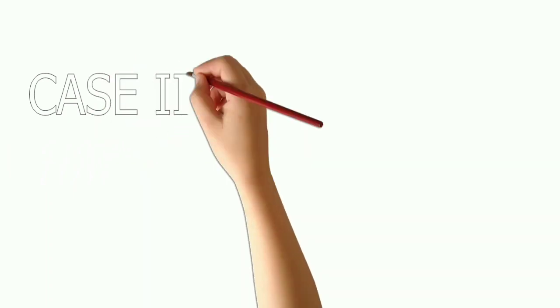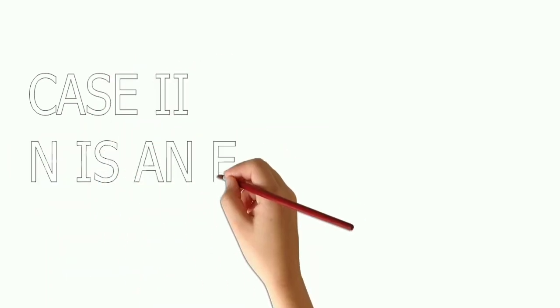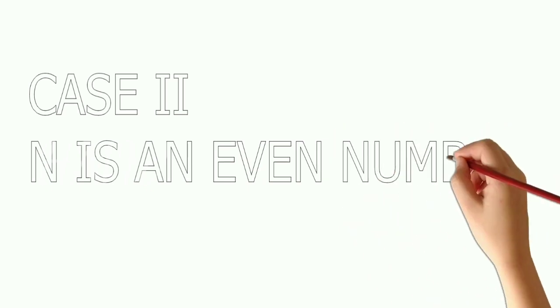Now we see the next case, if n is an even number. Let n be 6. This is the least number among the Pythagorean triplet. If it is an even number, divide by 2 and then square the number. So divide by 2, you will get 6 by 2, 3. Square it now. 3 square is 9. So 9 lies between 8 and 10. So the Pythagorean triplet is 6, 8 and 10.